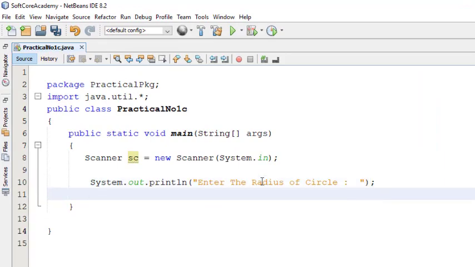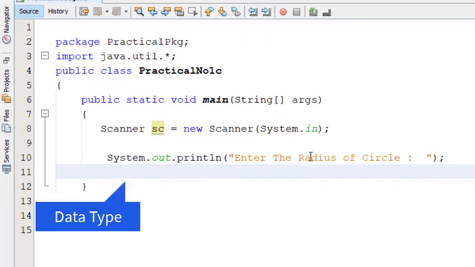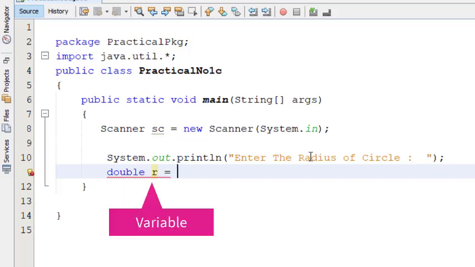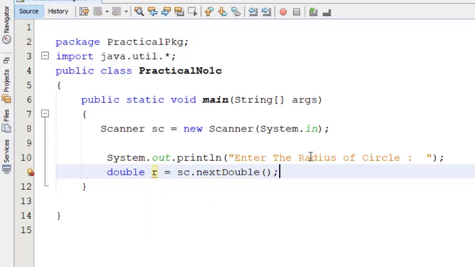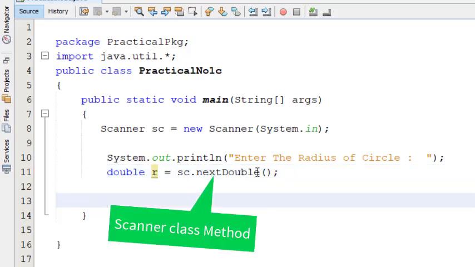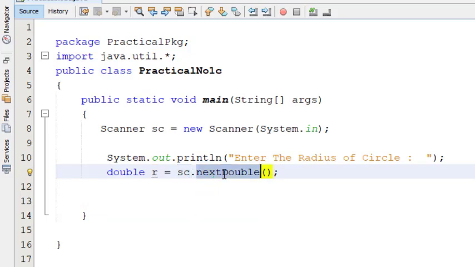Since the radius of a circle may be a decimal value, I am taking the radius as a double data type. Sc dot, we have a method nextDouble. nextDouble is a method in the Scanner class which is used to take the input as a double or a decimal value.